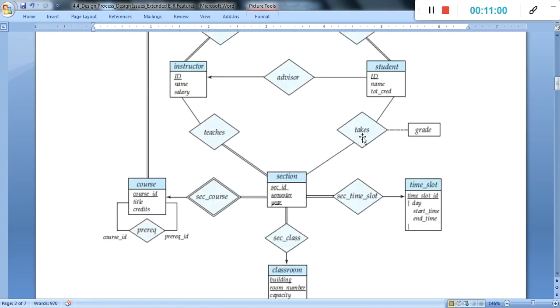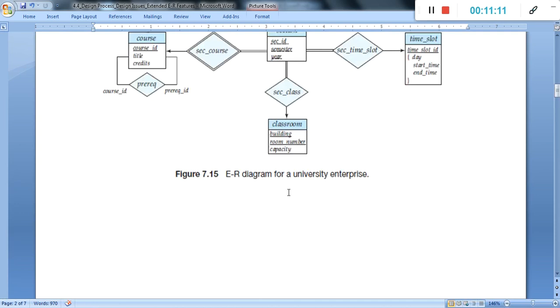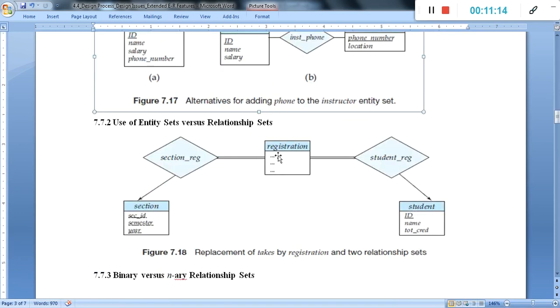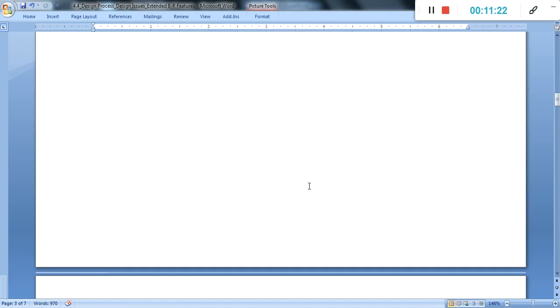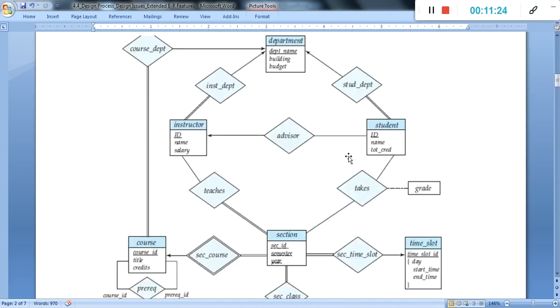This diagram contains a text, student takes a session, but we replace it with a registration: student registers with a particular session, right? And that one is again the solution, a registration, student registration for session and for student, as a student registration and section registration, that is divided from the text into a registration, and that is again helpful to the student registration and session registration also.